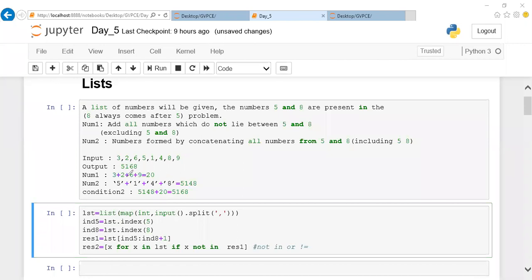We know that the slice list contains these values, right? I'll take the element which is not there, and if it is not there, I'll put it in list 2, result 2. So what happened right now? I got two lists. One is within the range of 5 to 8 and the other is except the range of 5 to 8. Is this clear so far?